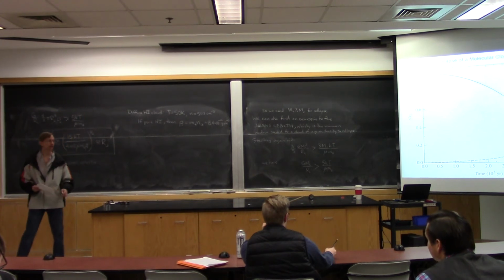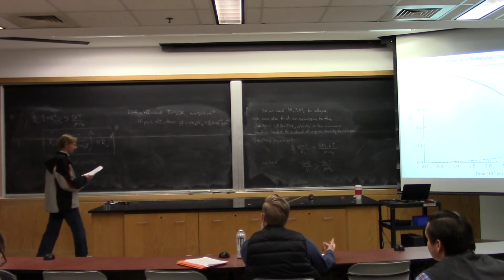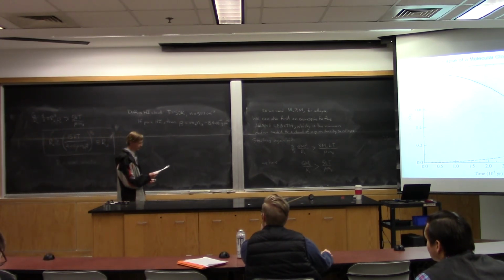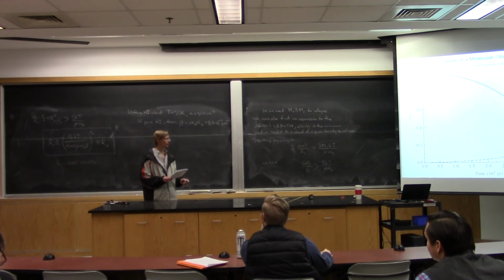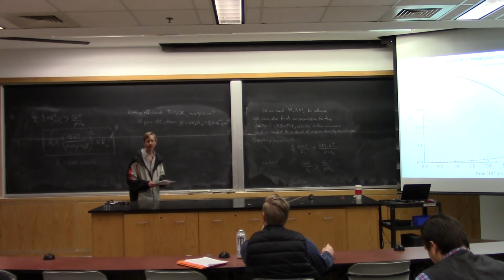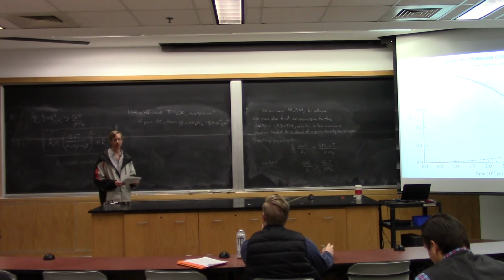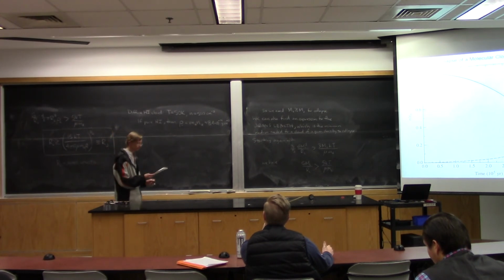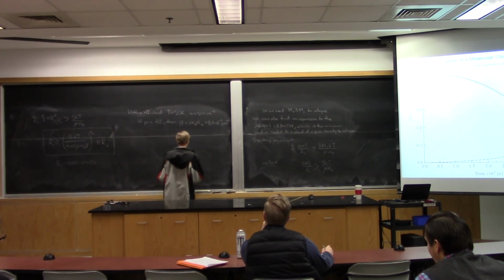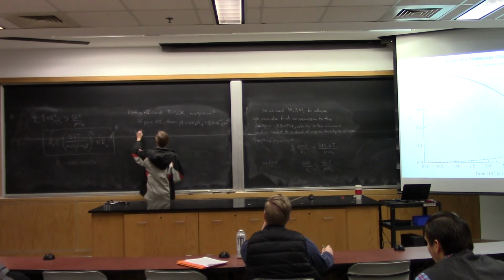You just have to multiply it by 1,000 to do that. 1,000 kilograms per cubic meter is a gram per cubic centimeter. Density of water is 1,000 kilograms per cubic meter, 1 metric ton per cubic meter. Anyway, with mu equals 1,